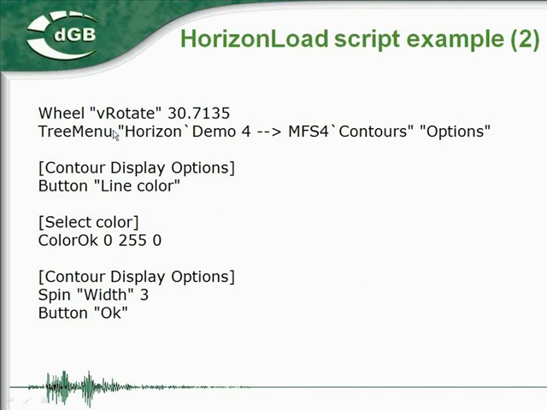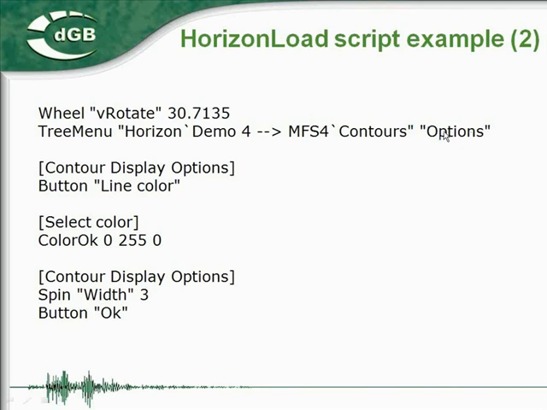After that, in the same window, we did a movement of the thumb wheel. The thumb wheel is called V-rotate, and we rotated it by 30 point something degrees. And after that we went to the tree again, popping up a menu called from the tree item horizon sub item demo MFS4 sub item contours, and we selected